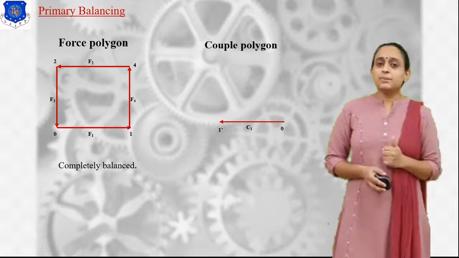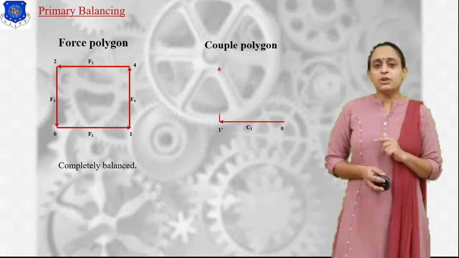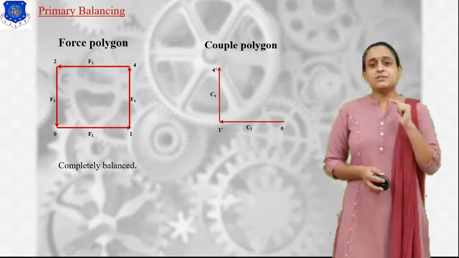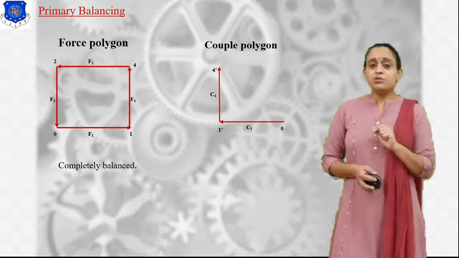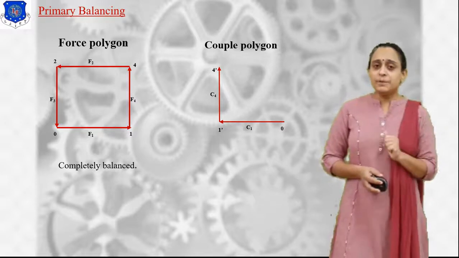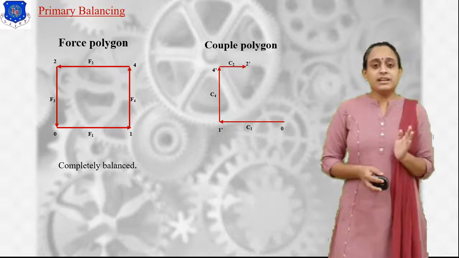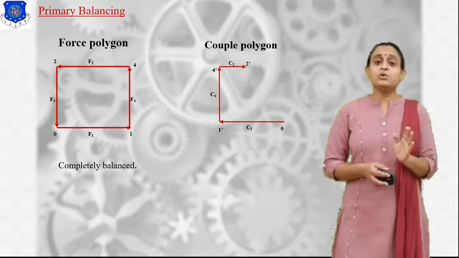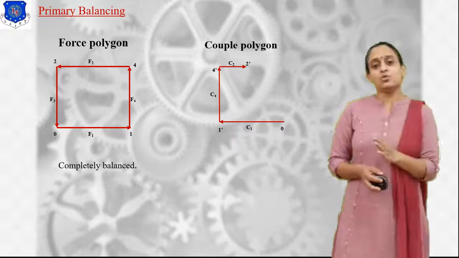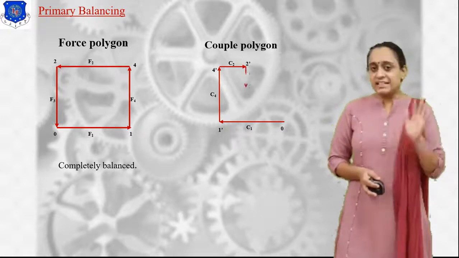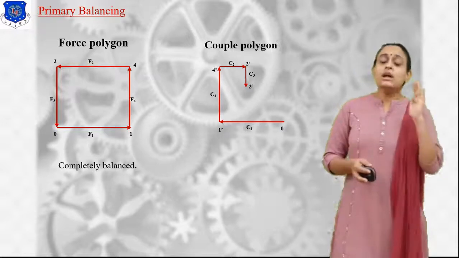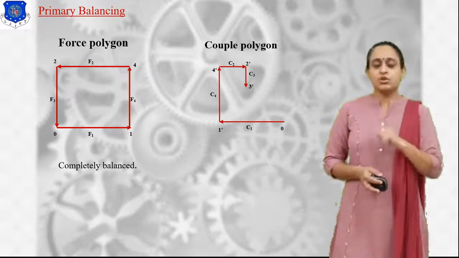Next one is couple 4. The value of couple 4 is positive, hence we have to draw it in the as-it-is direction. Okay, then we have to draw the couple 2 value, and couple 2 is at 180 degree, but the value of couple 2 is negative, hence we have to draw it in 0 degree position. Now couple 3 is having the positive value and is at 270 degree, hence we draw this.